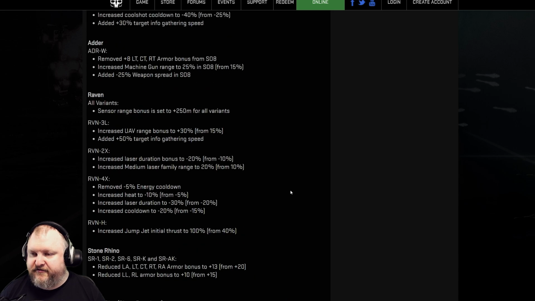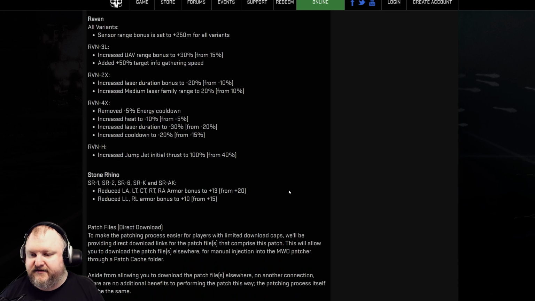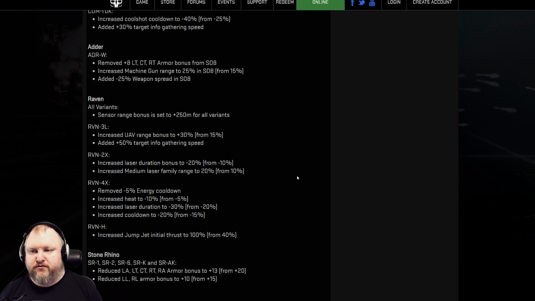What I'm not seeing here, of course, are any changes to the TSP mechs, like I suggested. Unfortunately, nothing there, so no jump jet thrust, for example, for the Zeus TSP mech, or range or heatgen for the Atlas, for example. That's not there. They seem to be happy with where the Stone Rhino Behemoth is at this point. I still have a hard time recommending that mech. It's not as bad as it used to be, but it's still also not as good as it could be. I still think the Stone Rhino Behemoth, the Innisphere Legendary Hero mech,